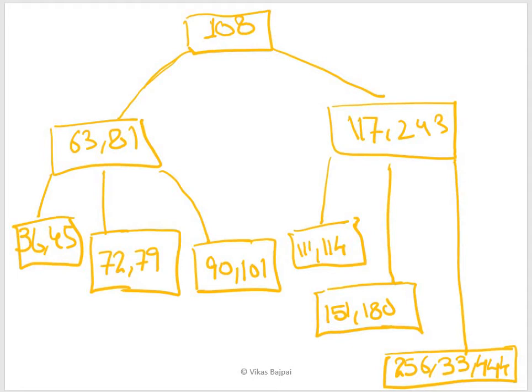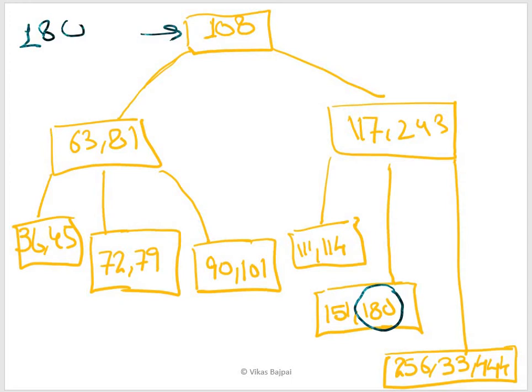Now let's delete another value, and this time let's delete 180. So once again I'll come to this side. From this I'll move to the right hand portion and I'll reach 117. I'll reach for 243. From there once again I'll see it will be somewhere in between. So I move to this side. I have identified that I have to delete this.